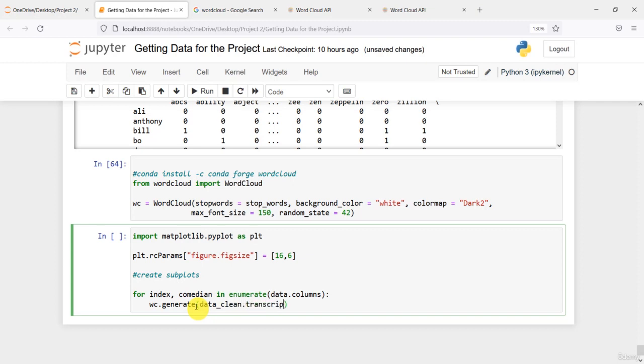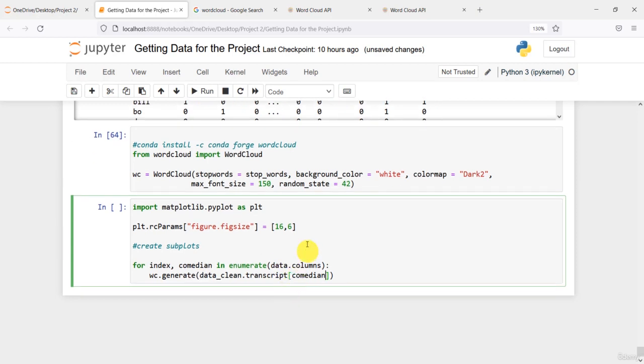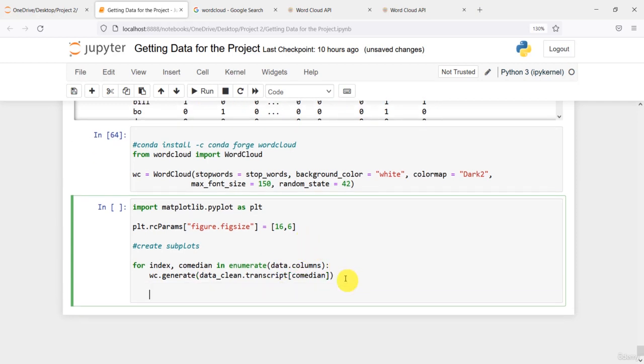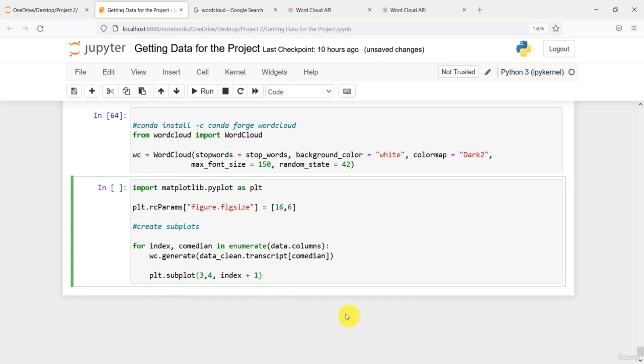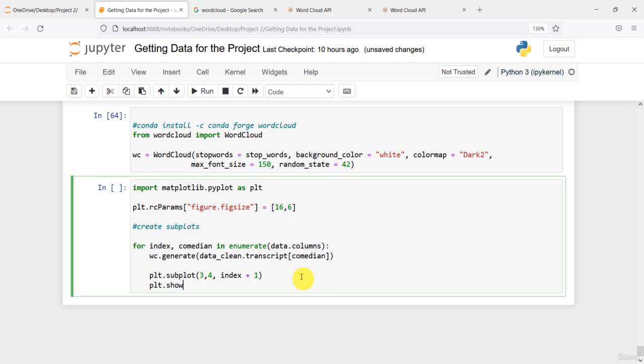If you remember, the words are inside the transcript column, and I need to pass the name of a comedian. So this will generate the word cloud for us. Now plot the subplot using matplotlib, giving the dimension index plus 1. So basically this will be the plot for each comedian. We will have a separate plot, and now I can show the plot, and what I need to show is a word cloud. I can have the interpolation,